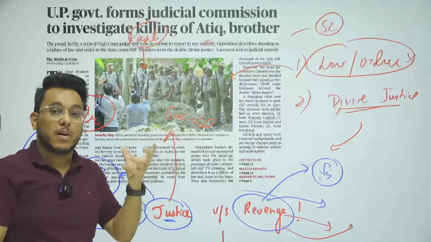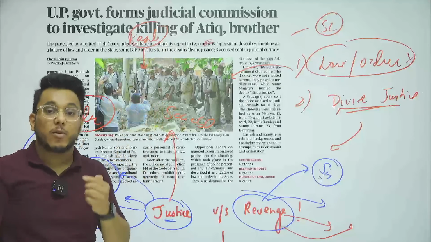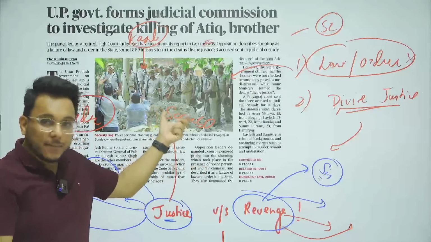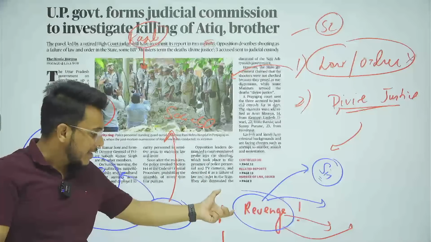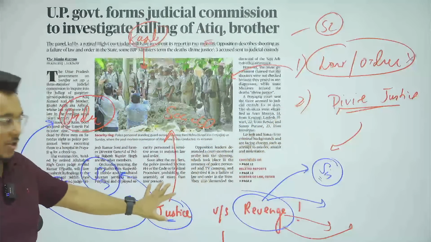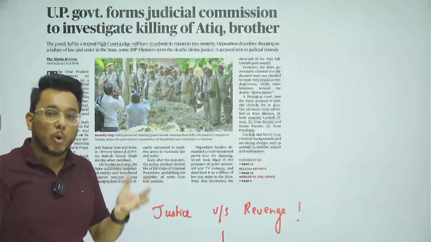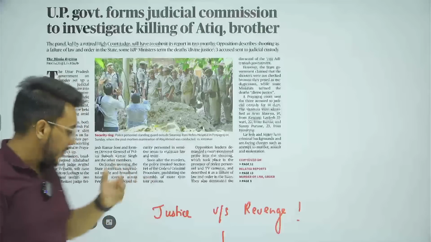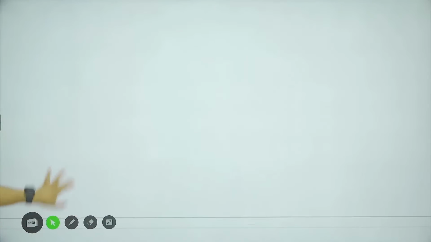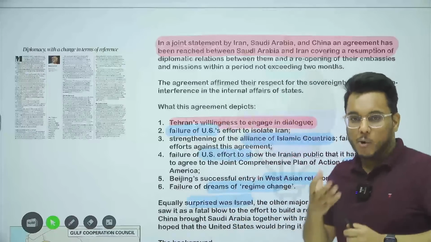This is an example of a procedure based democracy. Now understand this particular thing, guys. Justice is always appreciated for the process that it follows, and that process has to be the same for every person. But the killing is an example of revenge, and such revenge cannot be glorified in the name of divine justice. Revenge is revenge, and these kinds of things cannot and should not be tolerated in a procedure and rule based democracy as India is. Okay, that is all about this particular thing. However, we don't need to go into too much detail. More than that, I just wanted to give you a viewpoint. I hope that you have understood it.